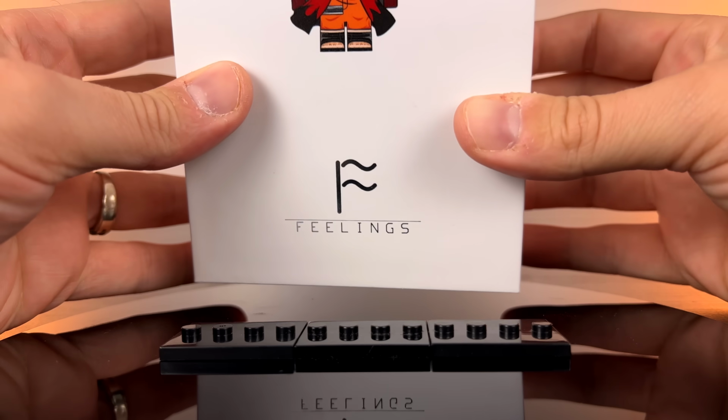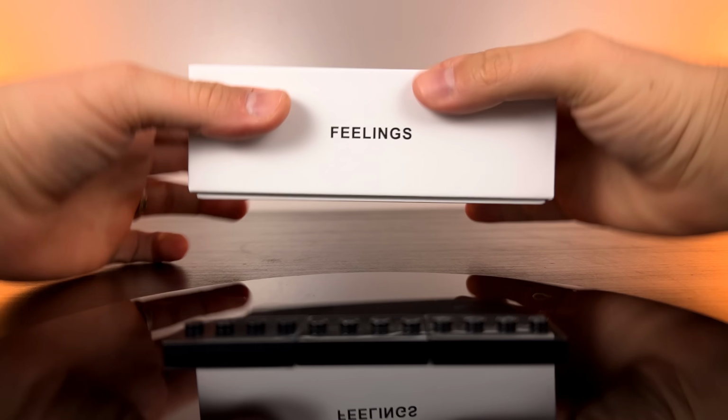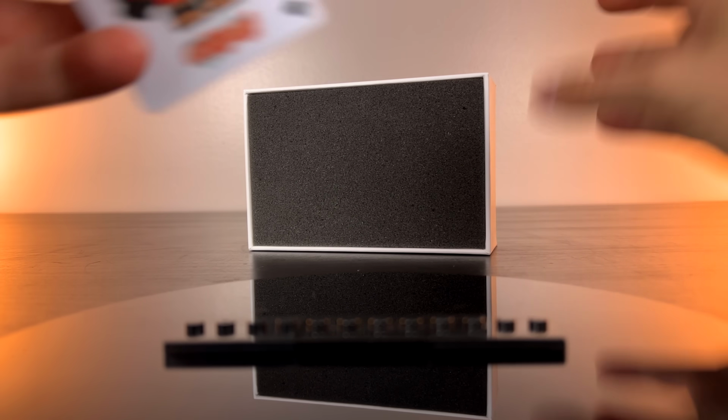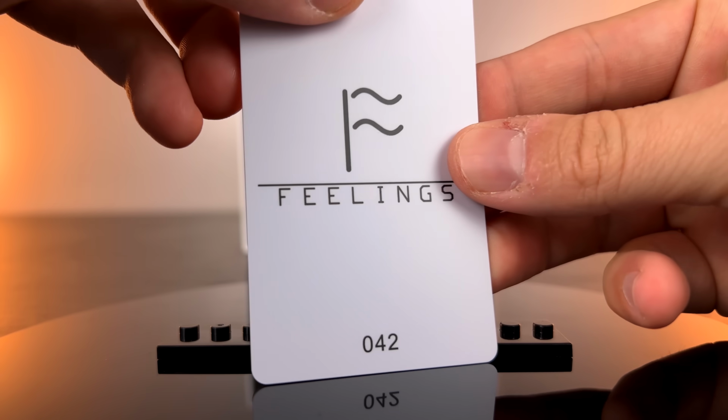Now the customs come in a little bit fancier packaging. This is made by Feelings, probably one of the best packaging out there so far. So you have that art print on the front, and this is almost like an iPhone box. Comes with an edition size card here with, again, that concept art, and on the back on the bottom you'll